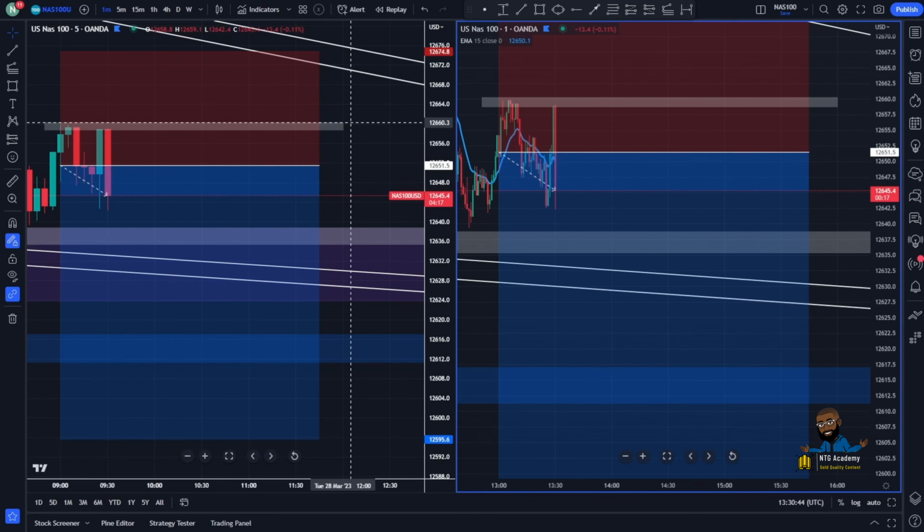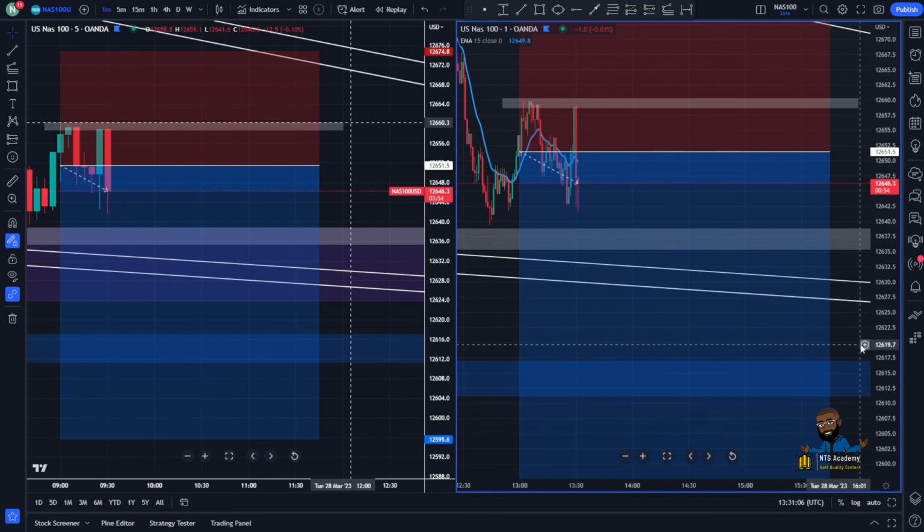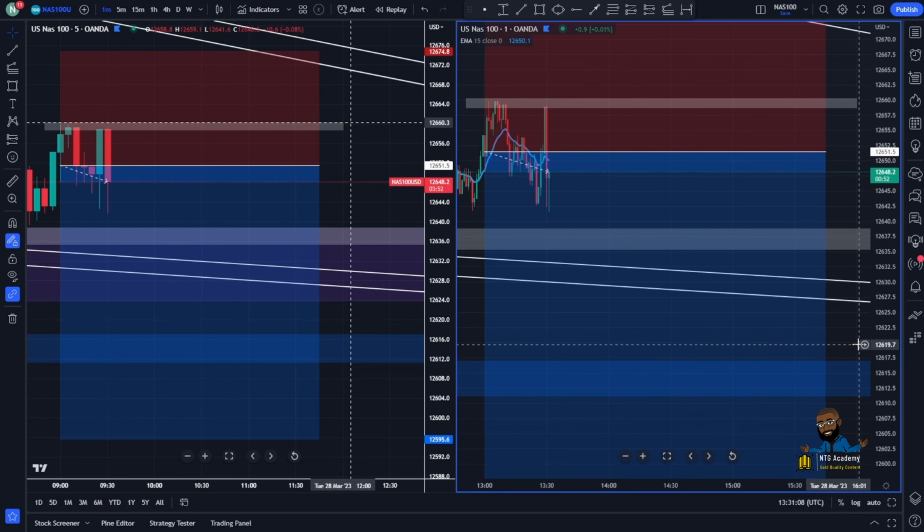I like to enter inside the pattern, and then once it breaks out, I like to add another position. Now, one thing you guys want to be aware of when flipping accounts is that you want to build margin. That's the number one rule, NTG's number one rule: build margin, build profit. There's no reason to enter a position at 12,651 and then add another at 12,647. You're not even up 20, 30 points. You want to have a good spread of when you scale in.